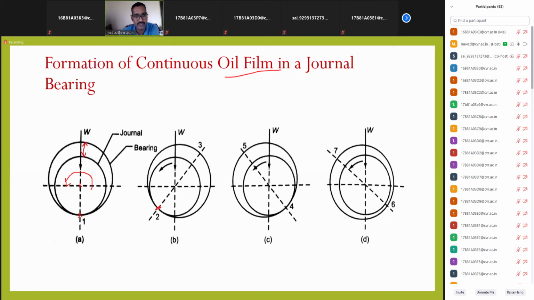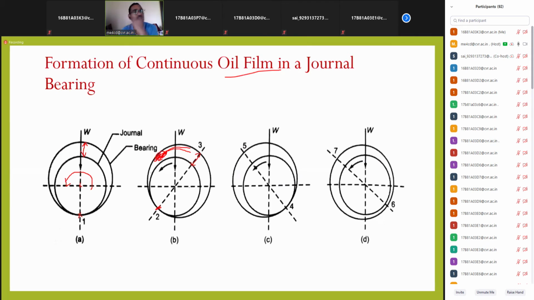And whenever the point is here, exactly the opposite direction will have the maximum thickness, right? This is the maximum thickness of the oil film, right? Then what happens? Whenever it is climbing towards this side, the pressure of the oil will be developed here, because it is continuously rotating. If it is rotating, the oil also will rotate along with the bearing. Whenever the oil is rotating with the bearing, the oil will be accumulating here.